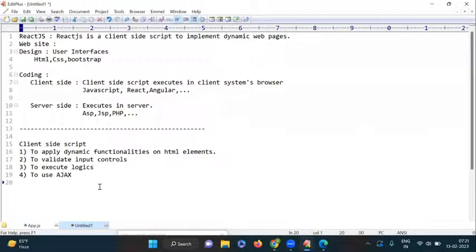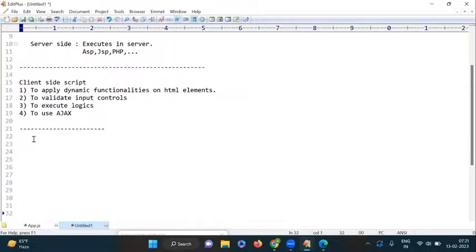From this point of view also, we are using client-side scripts. So these are the main reasons why we are using client-side technologies. Okay, fine. I think all of you got clarity on this point, right? Yes. Now we are